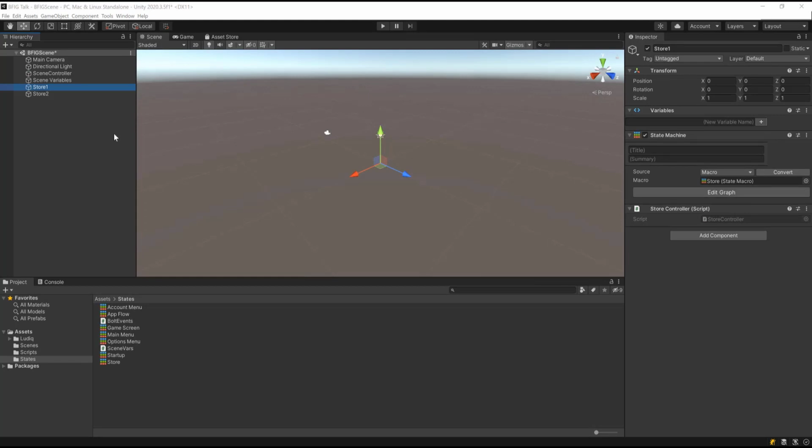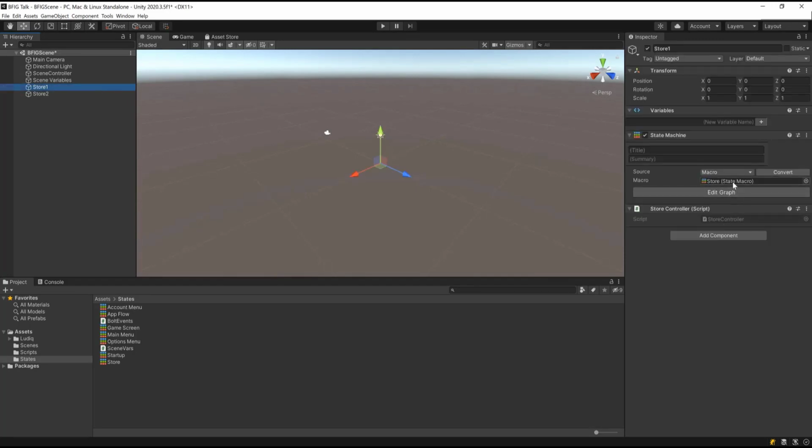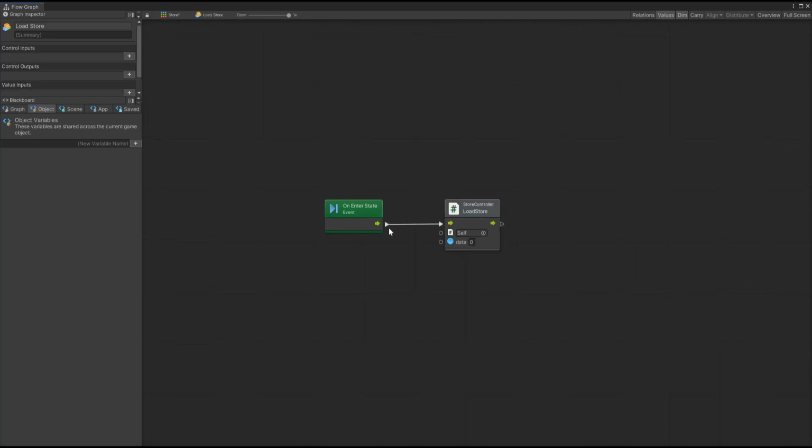Here's how Bolt wants you to use variables in the variable system for Bolt. You have an object, store1. On that object, you have a graph, your store graph. Inside that graph, we have our state graph and a flow graph called loadStore. In loadStore, we're calling storeController.loadStore, which takes a float for our data. We can manually add it here on the graph, but normally you're going to want to input that in code